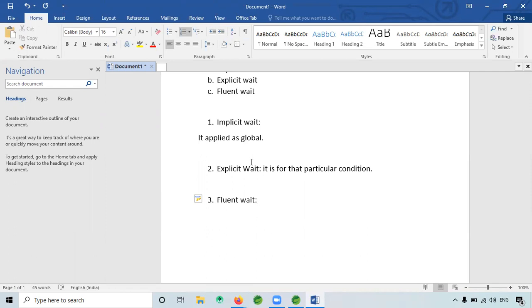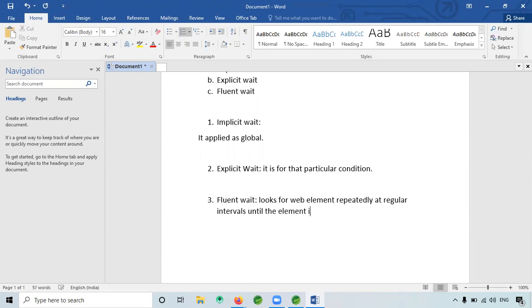Fluent wait looks for the web element repeatedly at given regular intervals until the object or element is found.